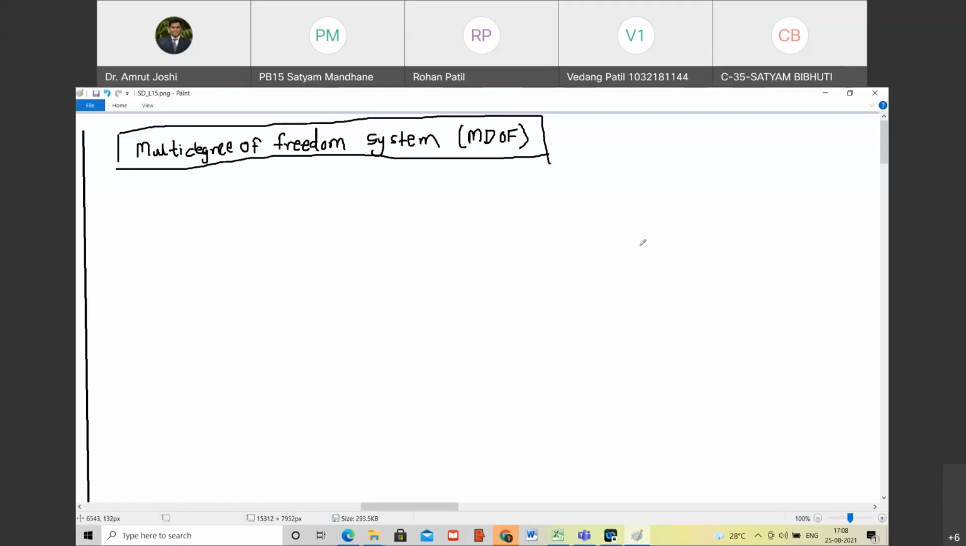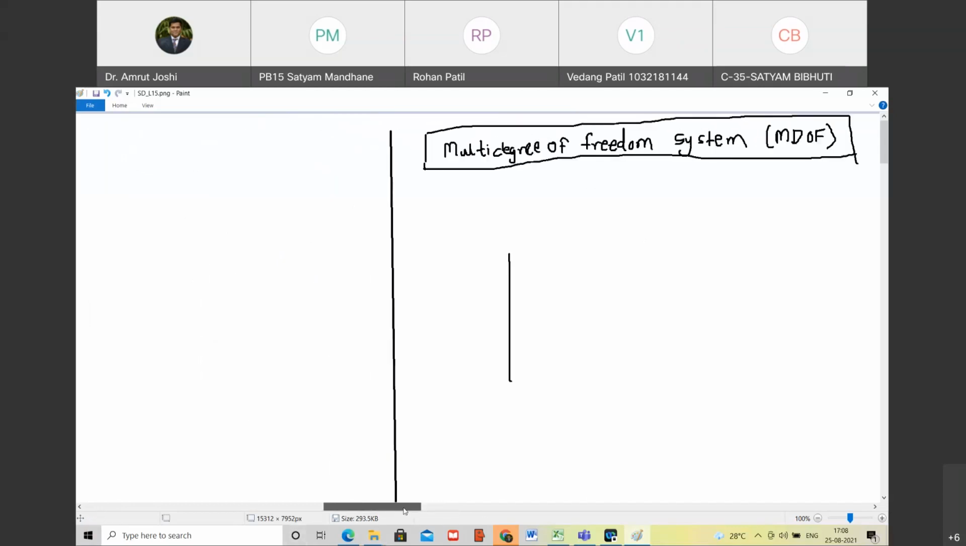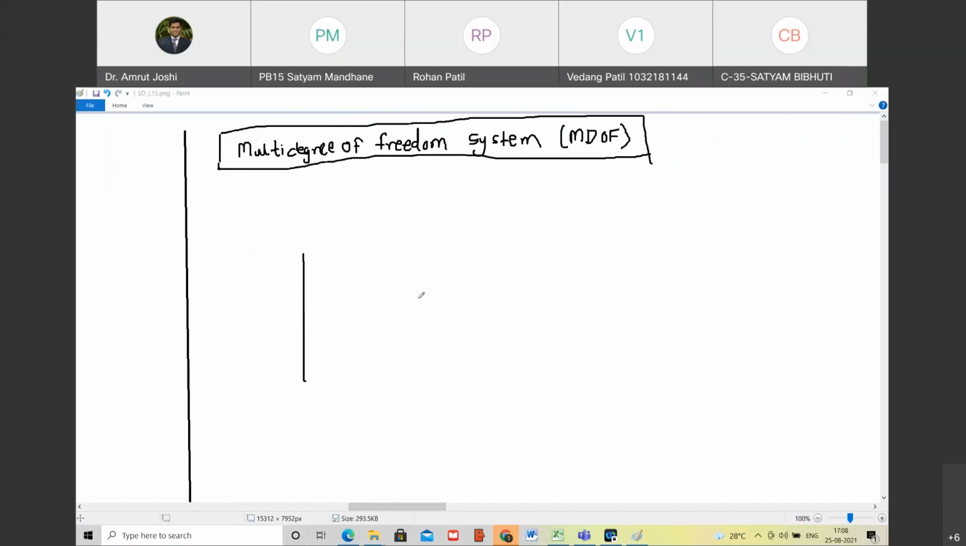Yes, sir. So now we are going to deal with multi-degree of freedom system, and let me give you an example of multi-degree of freedom system. The example of multi-degree of freedom system is,